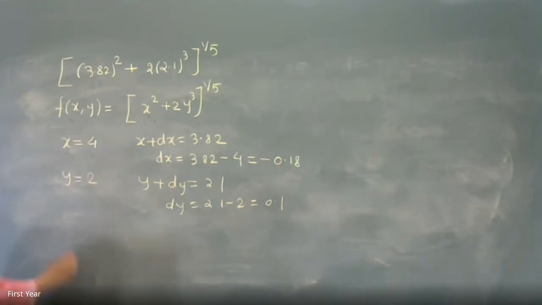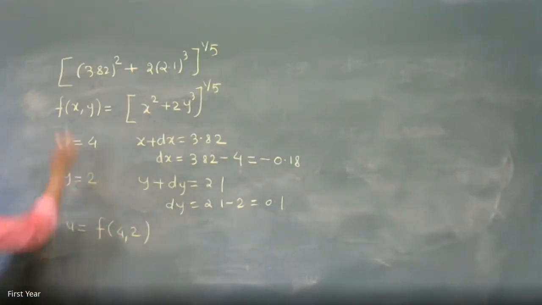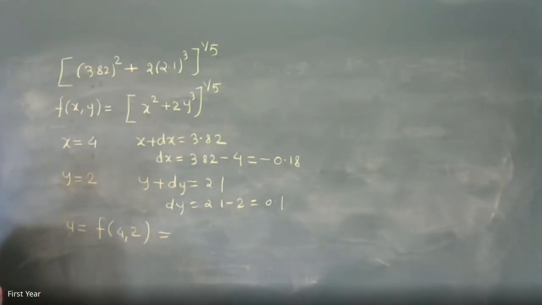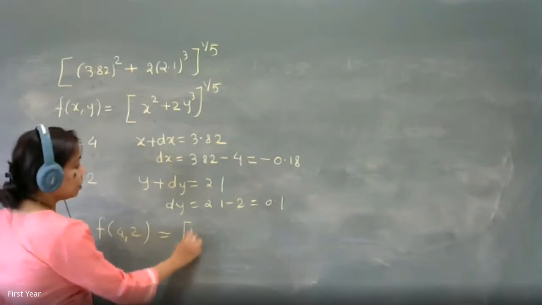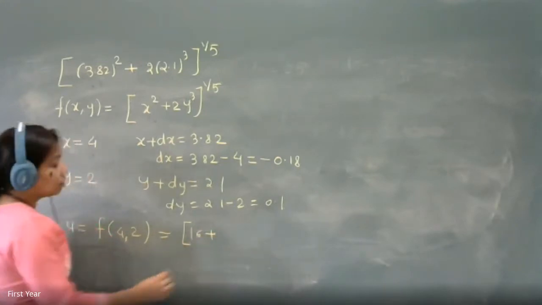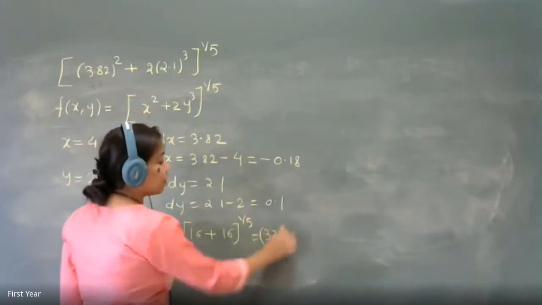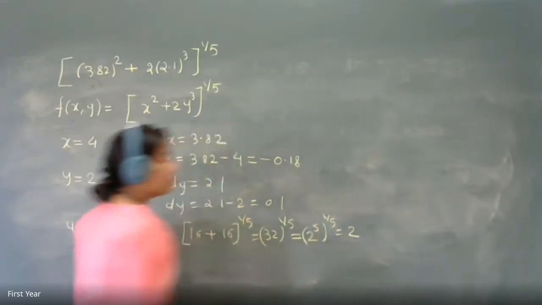Fine. Now, if I consider u to be equal to f of 4 comma 2, so what will be the value of that? Is this easy to calculate? You know the value of 4 square, you know the value of 2 cube. Do that calculation and see what it turns out to be. 2 आ रहा है? 16 plus 16 raised to 1 by 5. Yes. So this is 32 raised to 1 by 5. For those who don't know how to get it, it is 2 raised to 5 raised to 1 by 5, and that is 2. 32 is 2 raised to 5.